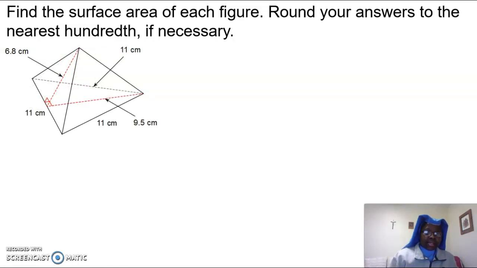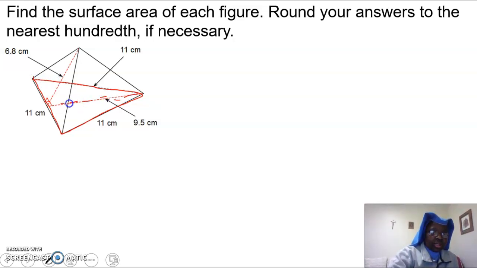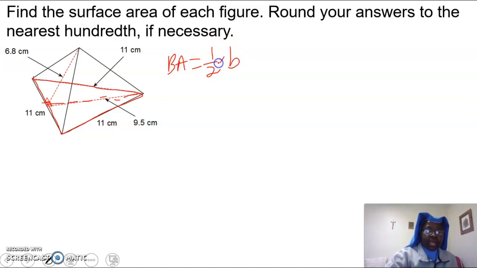We look at the base, it's a triangle lying down here. We can see the height is drawn there, perpendicular to the base. So the base area is a triangle, which is 1/2 times base times height. Again, there's only one base, so we are not going to multiply by 2. And the base is 11, and the height is